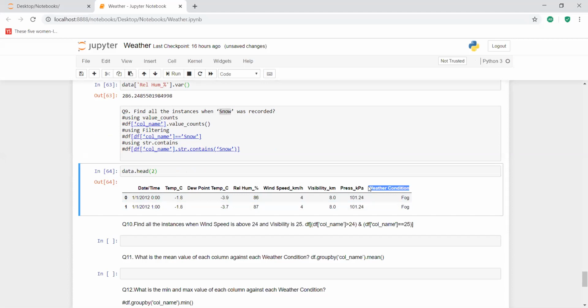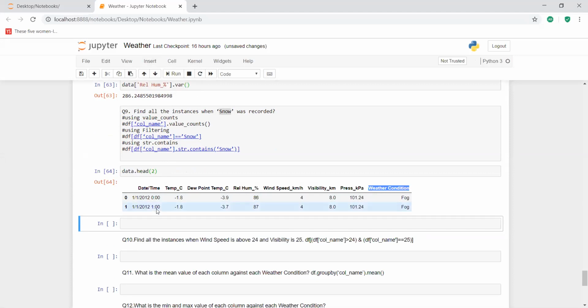We have to work with this particular column, weather condition. Now I'm going to use the value underscore counts function. This will give you the count of each unique value present in it.